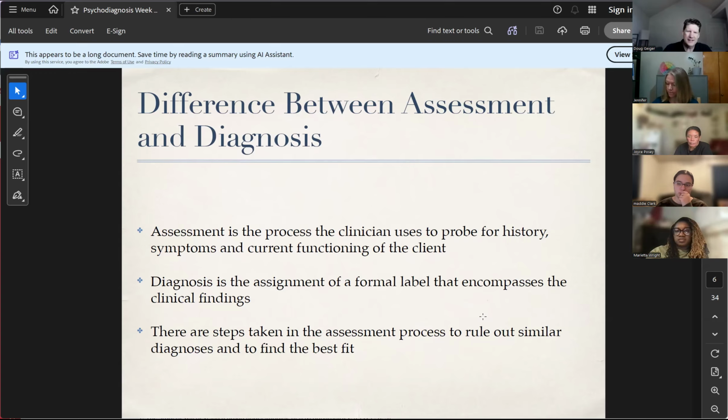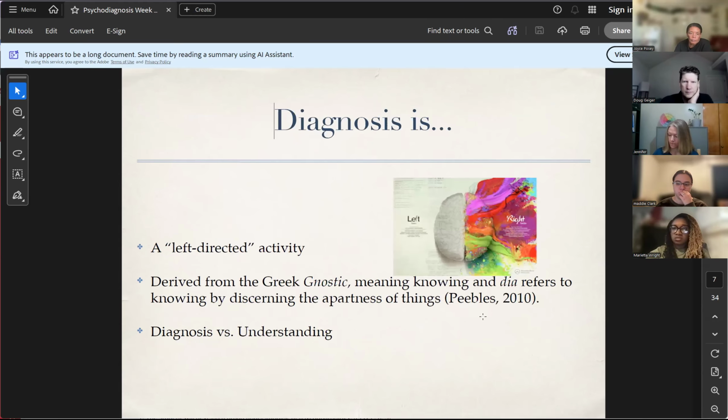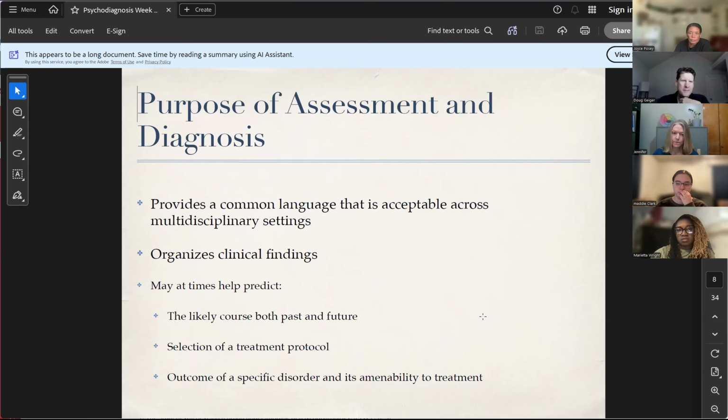So there are steps taken in the assessment process to rule out similar diagnoses, where you can have dual diagnosis, or comorbid situations where you have one and then you have something else that you could diagnose them with as well, and we'll get into some of those. Okay. The purpose of assessment and diagnosis is that it provides a common language that is acceptable across